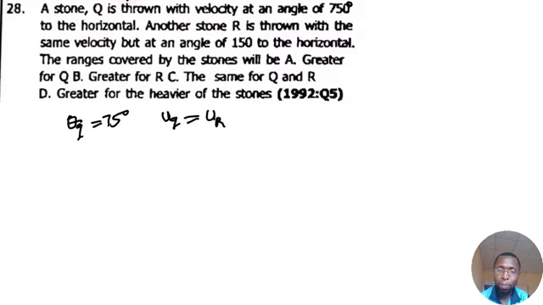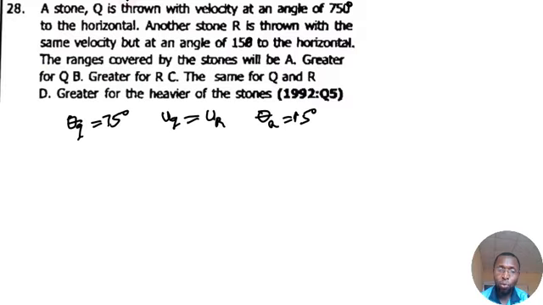Sorry, take it as 15 degrees, that was a mistake. So theta R is 15 degrees to the horizontal. The range covered by the stones will be what? A: greater for Q, B: greater for R, C: the same for Q and R, D: greater for the